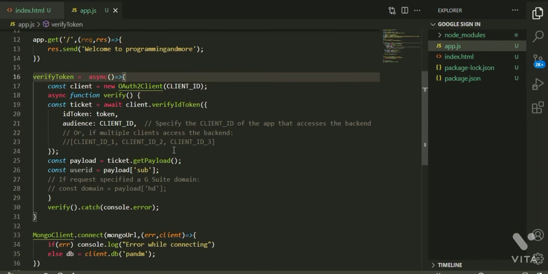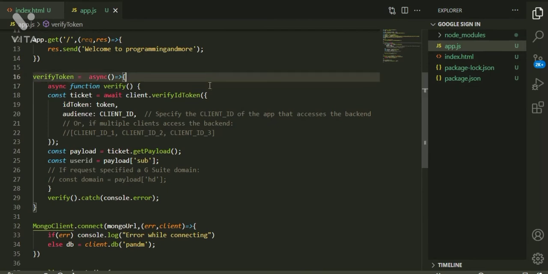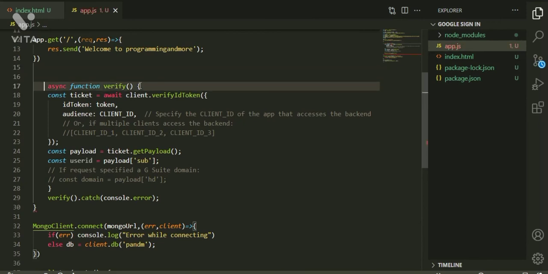Okay, I think we also need not to copy this, and let us use this same function which is here.